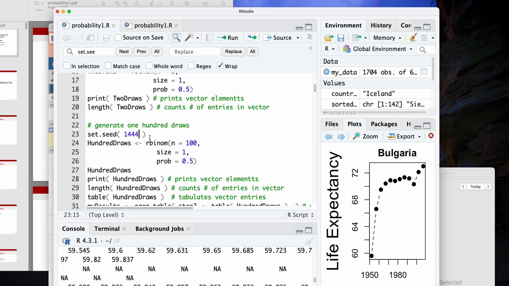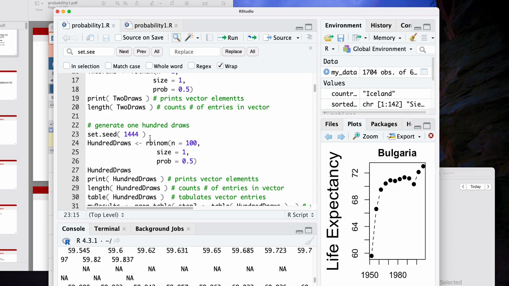So the pseudo-random number generators get initialized with a seed. So the basic idea is the random numbers in R, they're not truly random. Instead, they're generated in a pseudo-random process. The intuition for this is sort of like the intuition for how the digits of pi kind of look random. If you look at pi, 3.14 and so on, if you look like a billion digits down the way, those digits sort of look random, they look uniformly distributed, and this gives you an intuition for how something that's deterministic can kind of generate something that looks random. And this fact is what's used within R to generate random numbers.